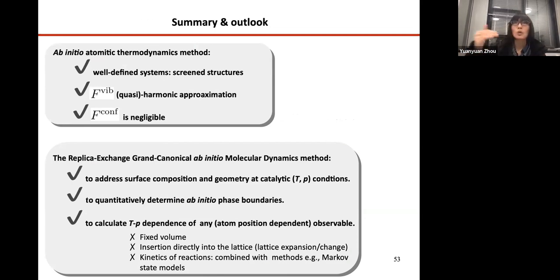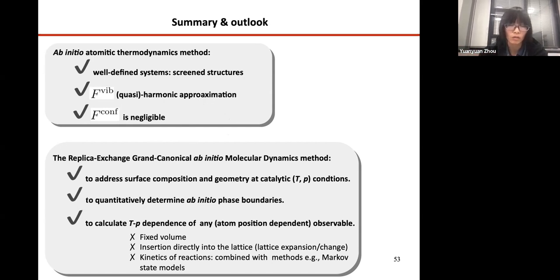And of course, Professor Hoyt also mentioned that you can use cluster expansion to include the vibrational entropy and configurational entropies, and the vibrational part is at the harmonic approximation. Though there are many approximations here, it is still the main method we are using now to calculate the thermodynamic stability of the surface in contact, even with the gas phase or the water for the ORR, for instance, the